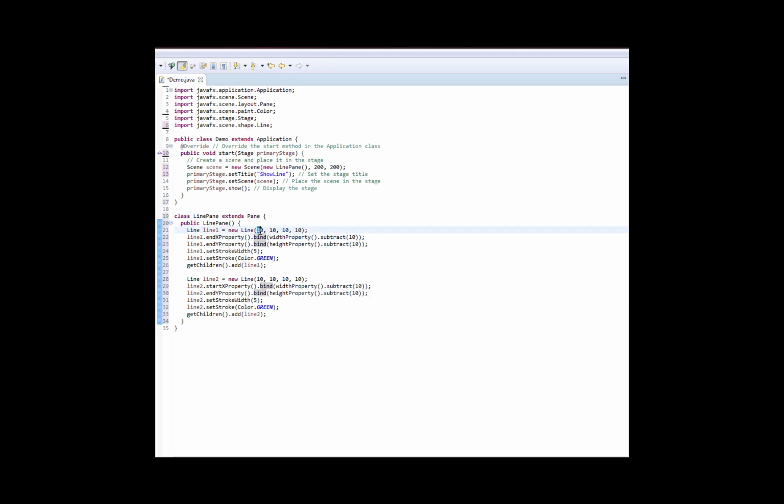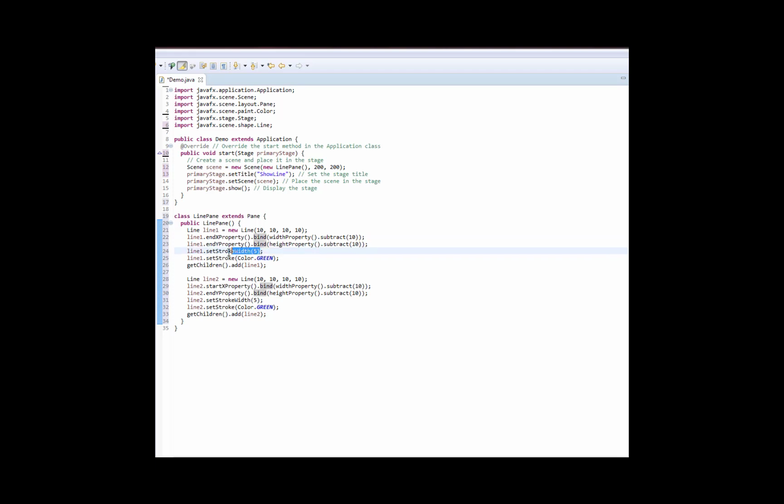It's starting at location 10, 10 and it's going to end now at location width of the window minus 10 in both cases, because you can see we've done the same thing on the next line with the y property as well. So again, the initial starting location of our line is going to be 10, 10, but the ending location will be 10 short of whatever the width and height of the window is. And that's how the endpoint is going to follow the window around as we resize it.